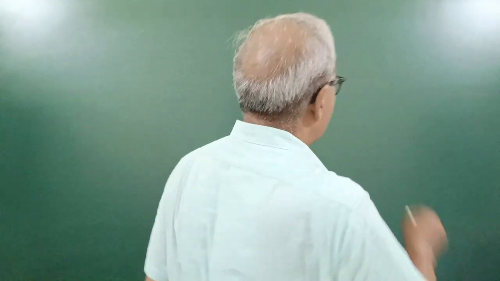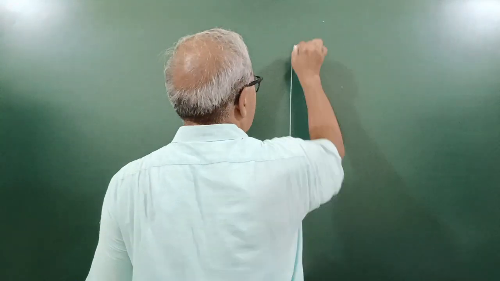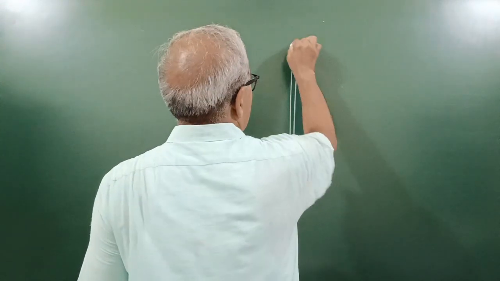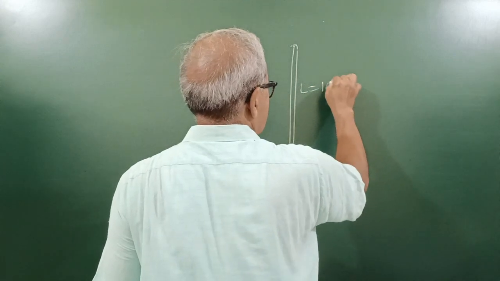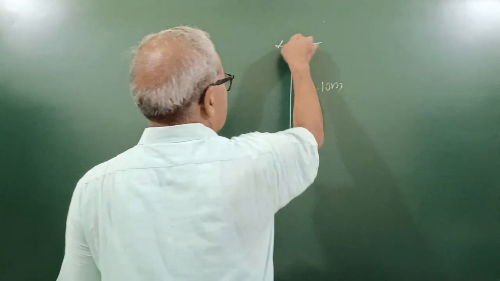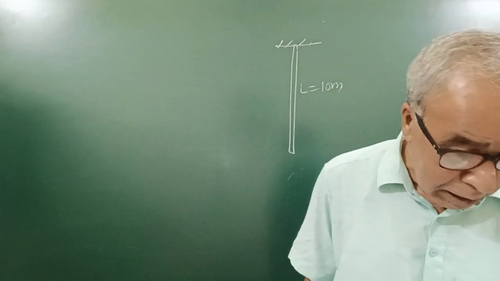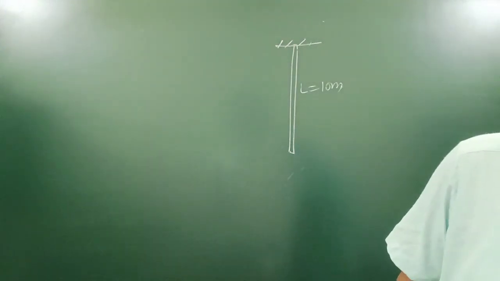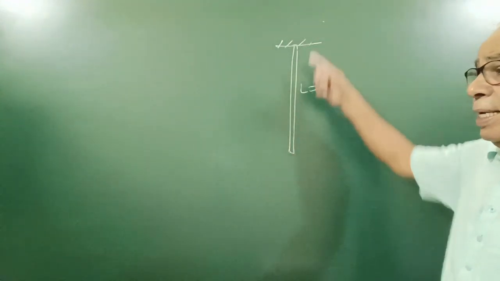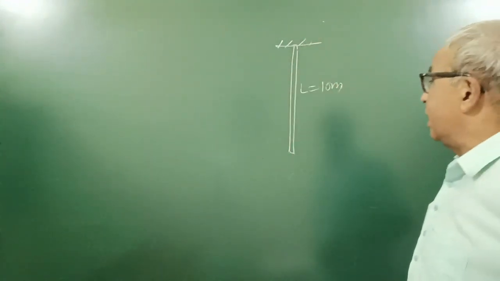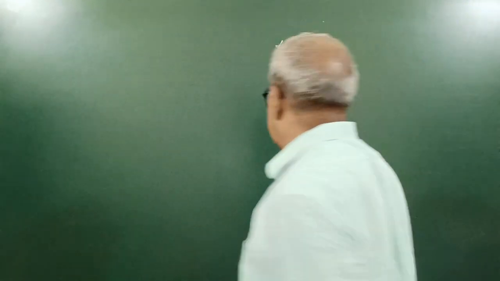By how much does a rubber string of length 10 meter increase? We have a 10 meter rubber band, length is 10 meter, so how much can it increase due to its own weight? The question is: how much does a rubber string of length 10 meter increase in its length under its own weight when suspended vertically? It is a rubber band of 10 meter length, so how much can it increase under its own weight,